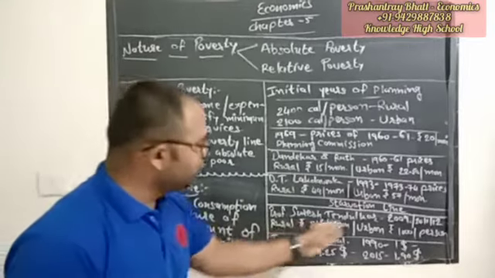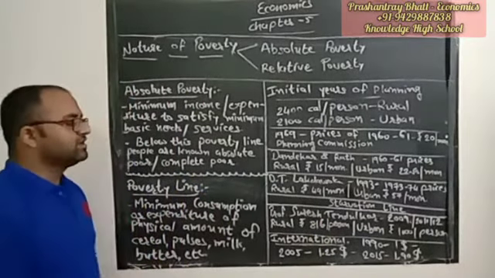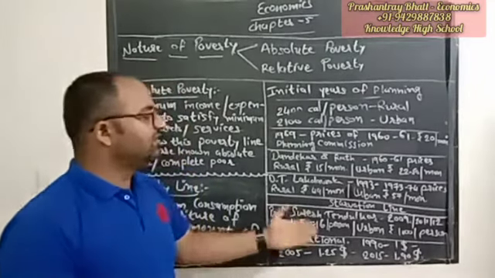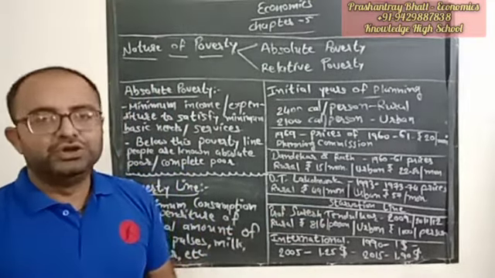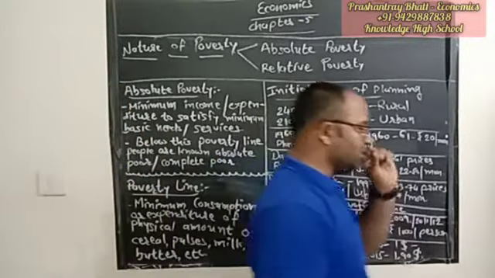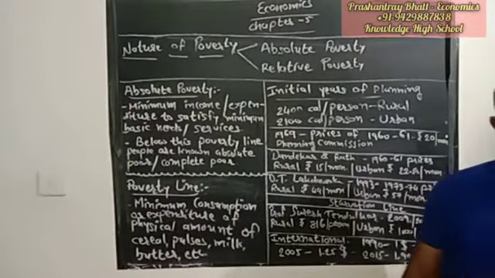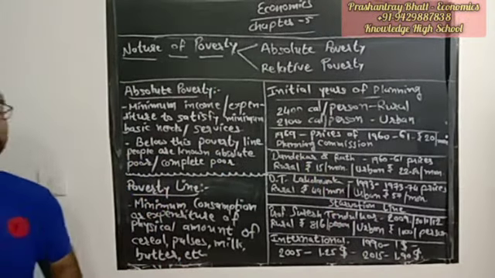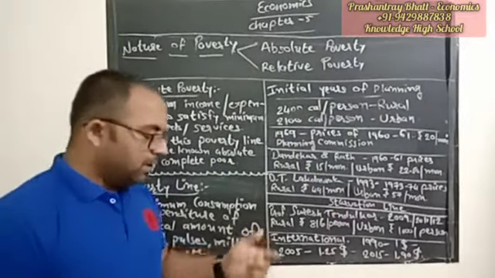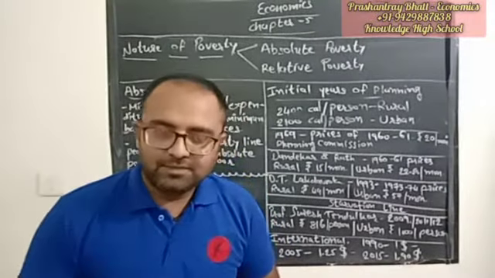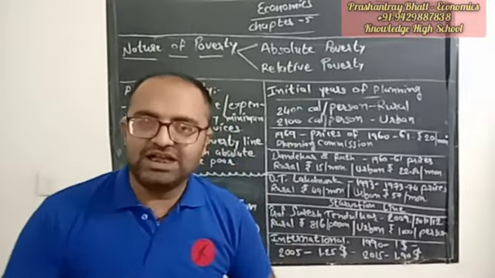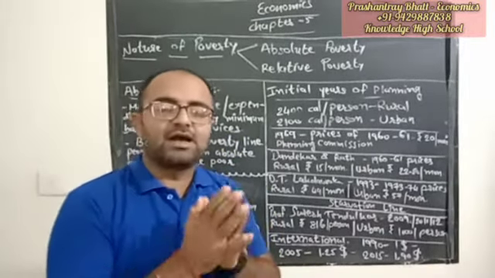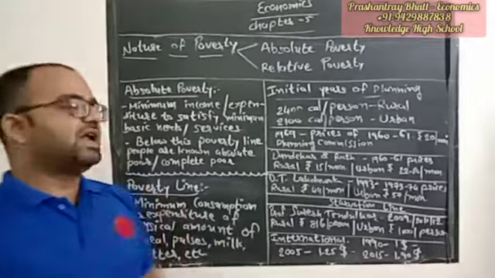Right? He settled one more new committee in 2009, and after the committee was formed, he worked out very well, and in 2011-12 he came up with the new concept. The Professor Suresh Tendulkar planned different things, and he included the expenses behind health and education along with the food. That means now per capita calorie consumption, then expenses behind education, as well as expenses behind health. These all things are included, and then the poverty line is defined.